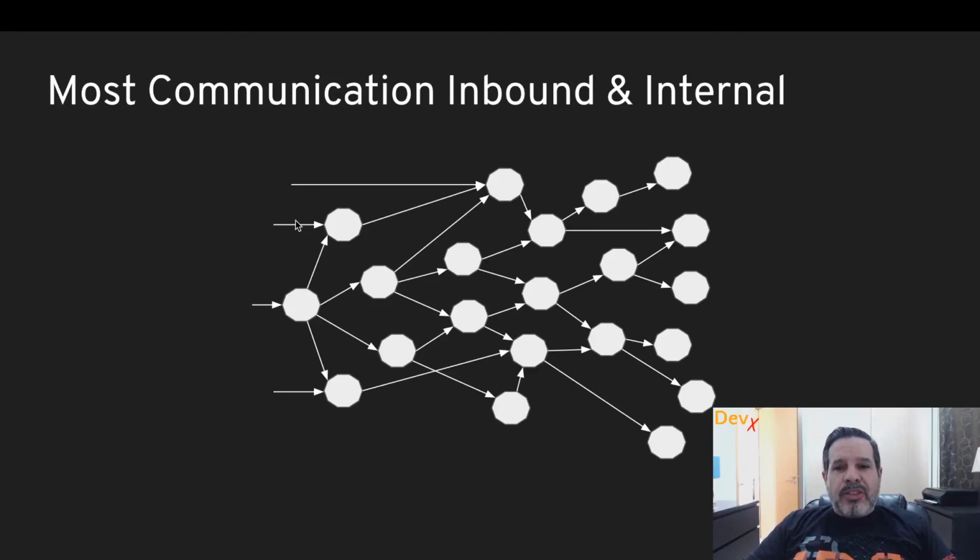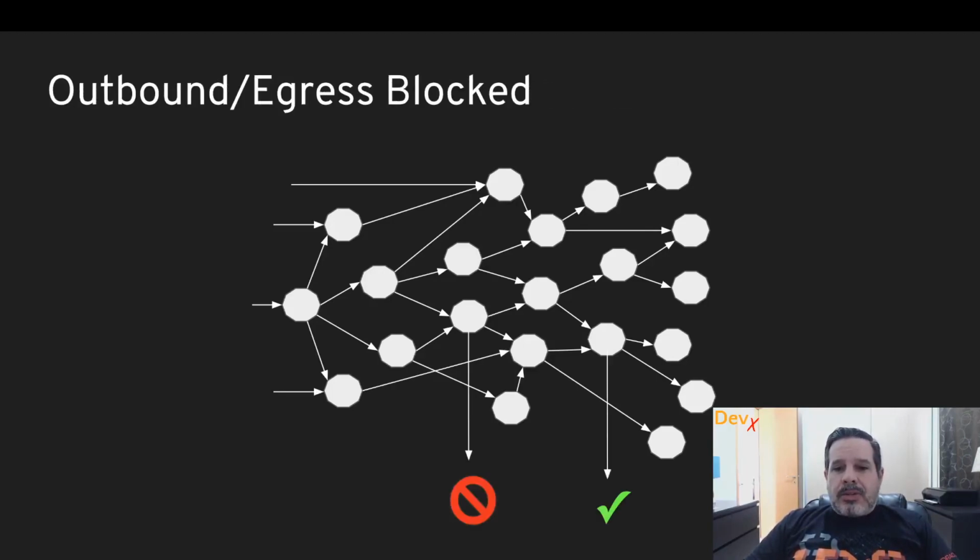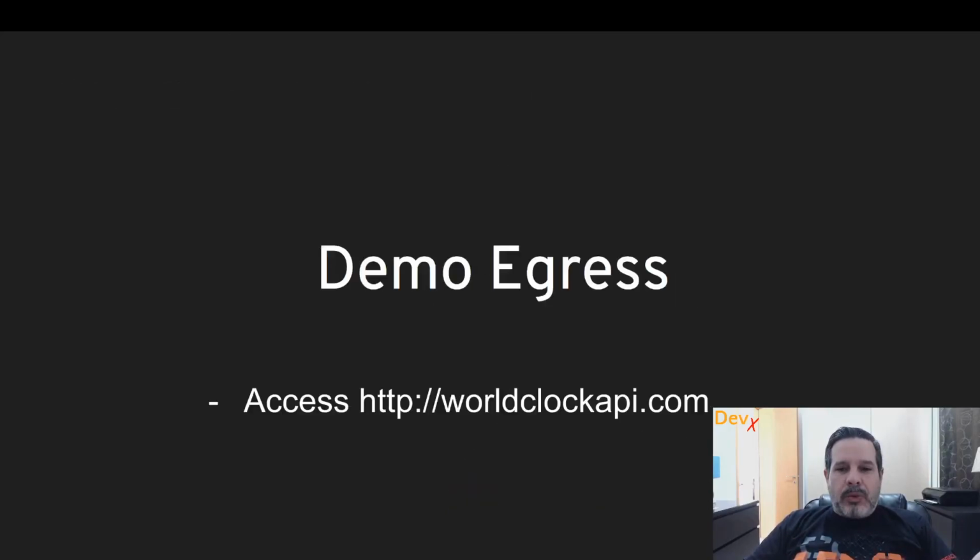And one of my favorite features of Istio is to have the control of egress. We know about egress, it's how we can communicate with our microservice, but sometimes our microservice need to talk to external services. And we can deny or block those kind of requests, because imagine the following situation. Someone is trying to send sensitive data to anywhere in the world. We can deny that request. So let me show that to you by trying to access from a pod the world clock API.